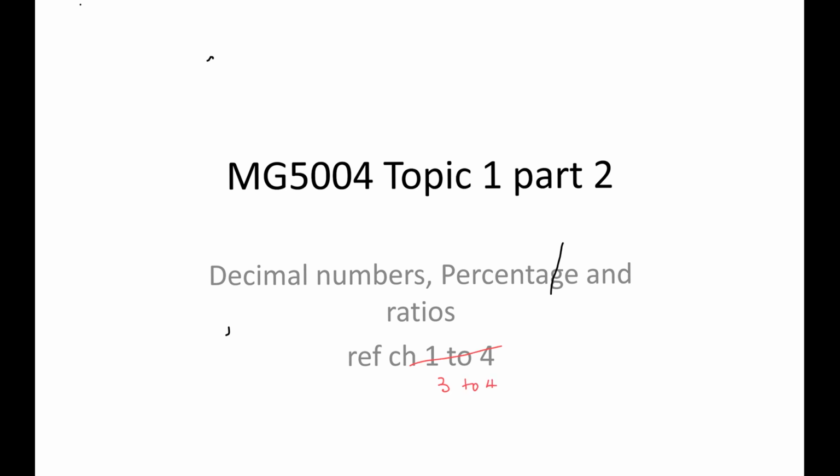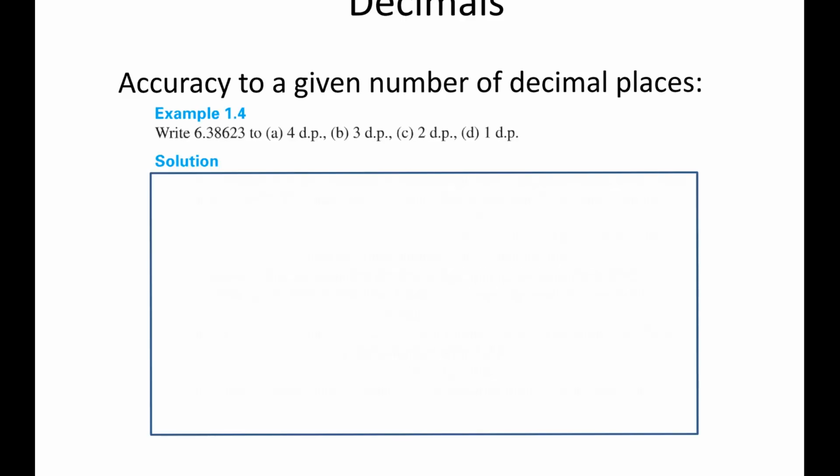Sometimes we need to abbreviate numbers. They might be just too long, or we're not required to use that amount of accuracy. Let's look at decimal places first, because there's two ways of doing it. We can use decimal places or we can use significant figures. In this particular example, we're going to use decimal places, and the first one asks us to write to 4 dp. So what we need to do is we need to look at